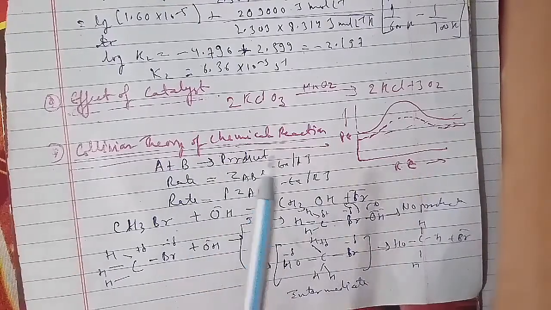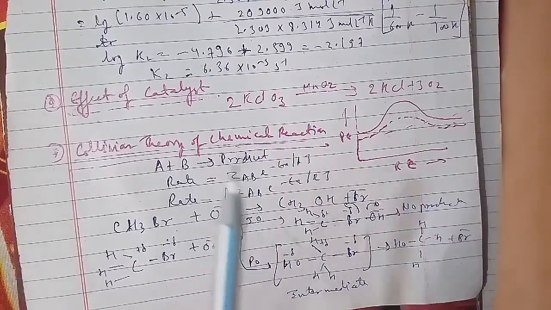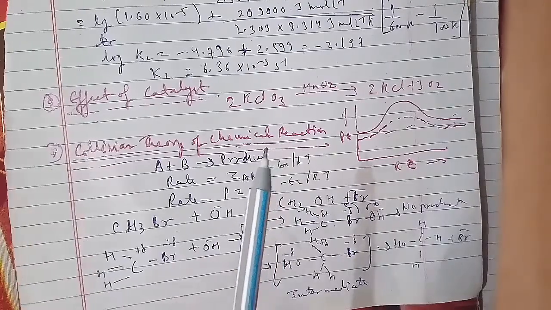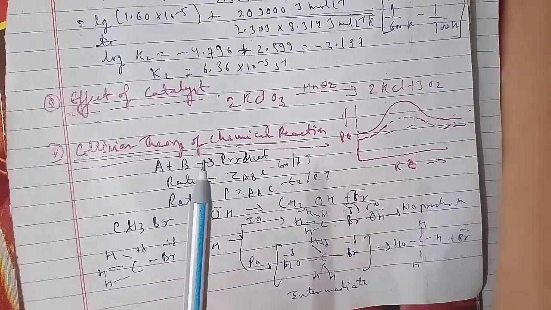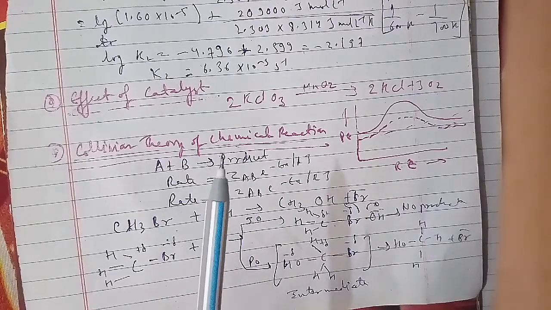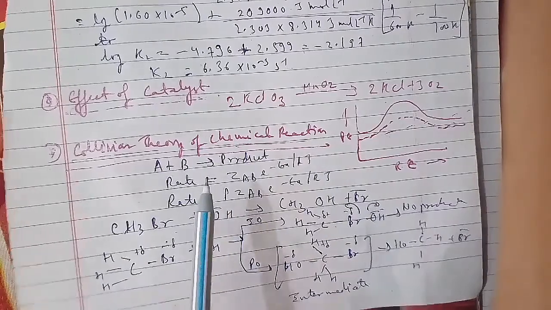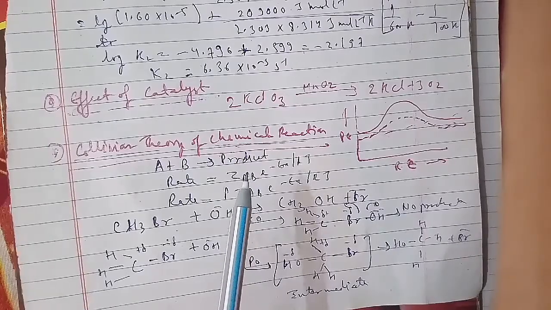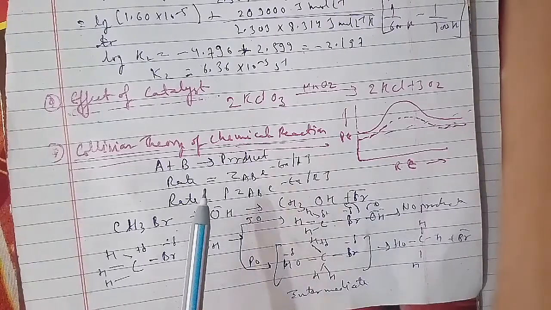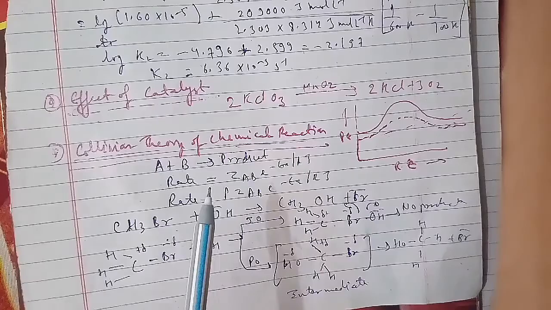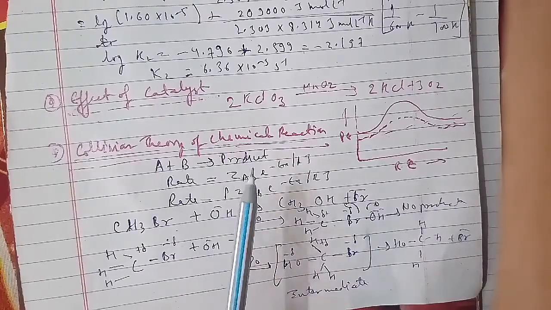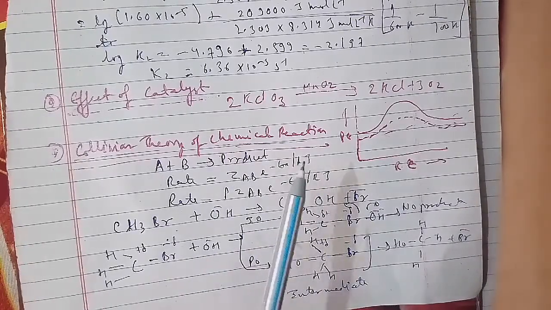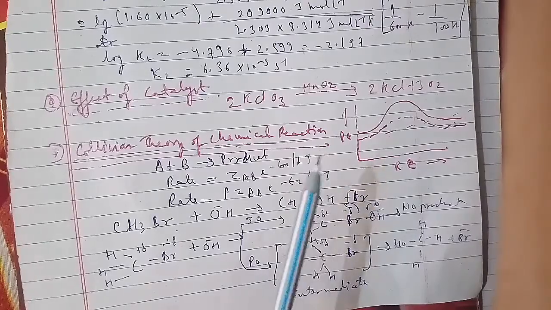Another question: a reaction is first order in A and second order in B. Write the differential rate equation, and how is the rate affected when the concentration of B is increased, and how is the rate affected when the concentration of both A and B is doubled? Another question: in a reaction between A and B, the initial rate of the reaction is given for different initial concentrations of A and B. What is the order of the reaction with respect to A and B as well?